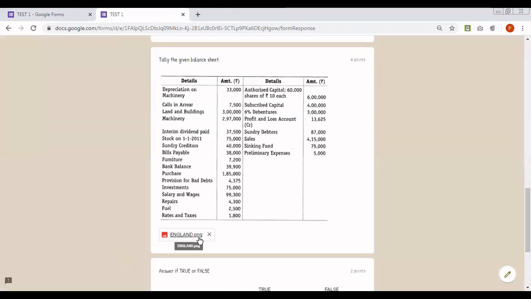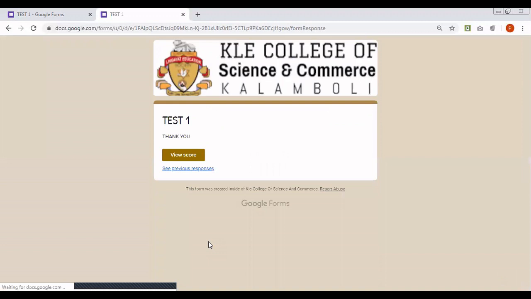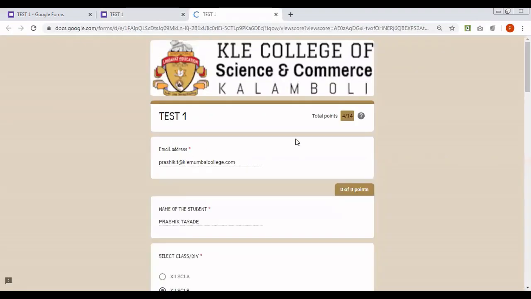The file is now uploaded. Answer if true or false. And then I go for the submit button. It says thank you. I'll click on view score to see the score for this test. It says the total points I have scored are 4 out of 14.